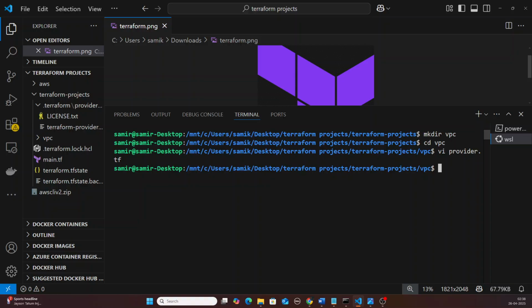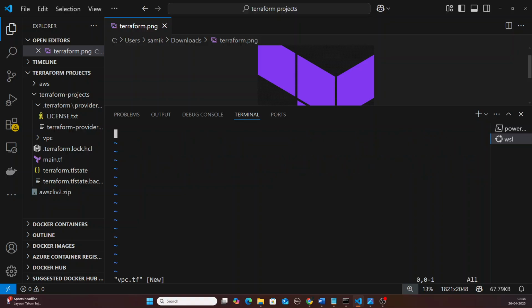Now we'll create another file, vi vpc.tf. Press enter and press I for insert. Here we'll give resource aws_vpc, and give the name whatever you want. I will give demo_vpc